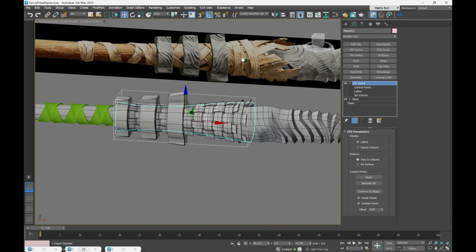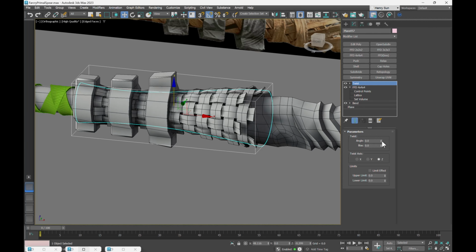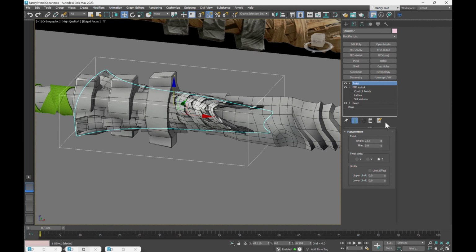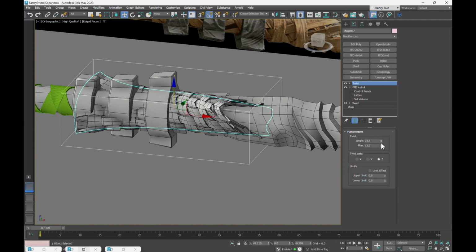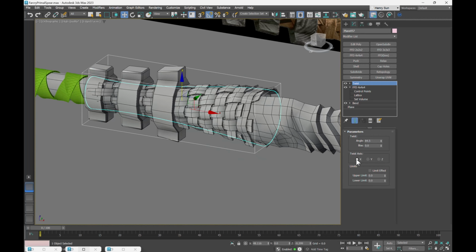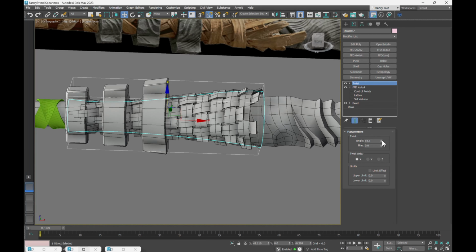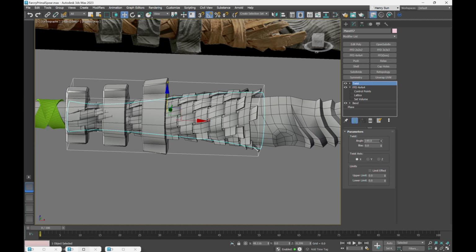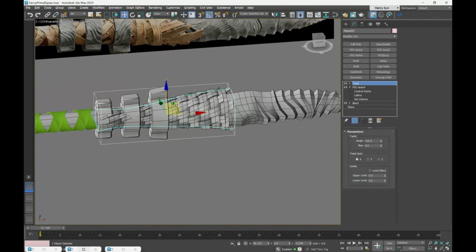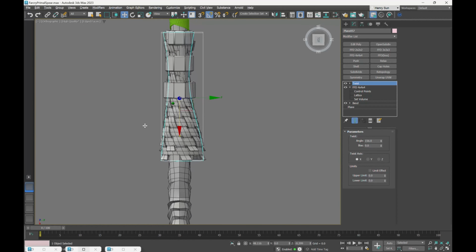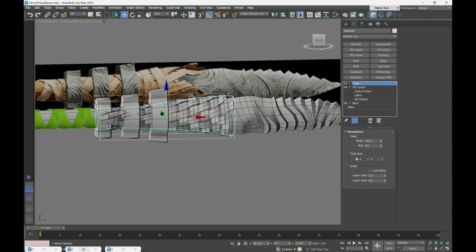Now on top of this FFD, let's add a twist modifier to get this twist effect here. And let's move these angles so we can see where we're twisting at. So we want it on the X. Right, I think what I want to do is delete this FFD